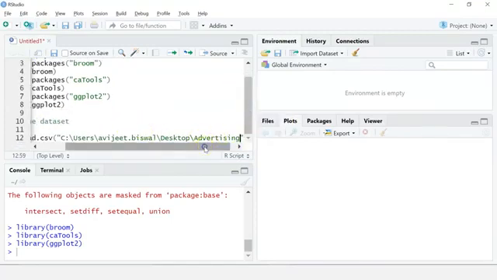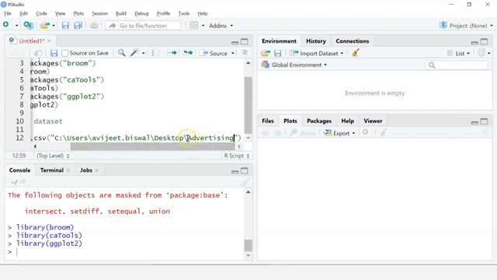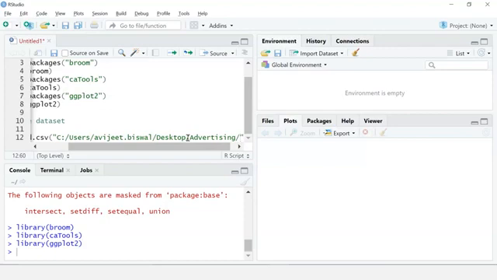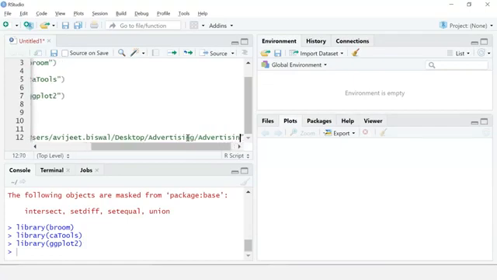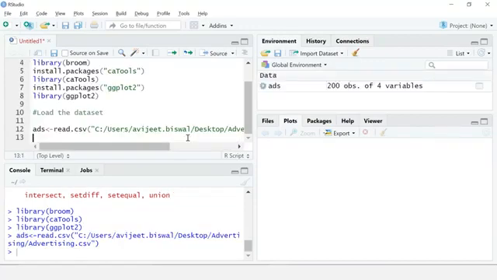Now one thing to note is we have to change all the backslashes to forward slashes, otherwise R won't accept it. And finally I'll give the dataset name, which is advertising.csv. Let me run it. Okay, we have successfully loaded our dataset.